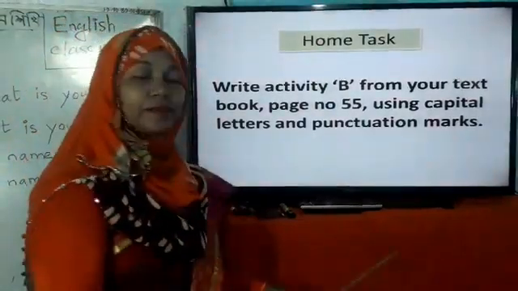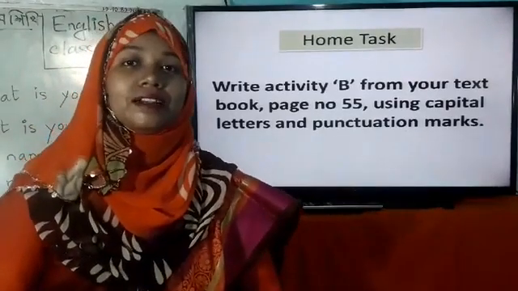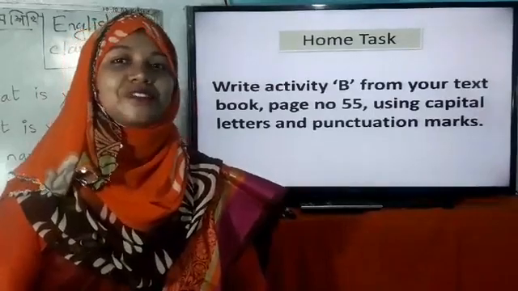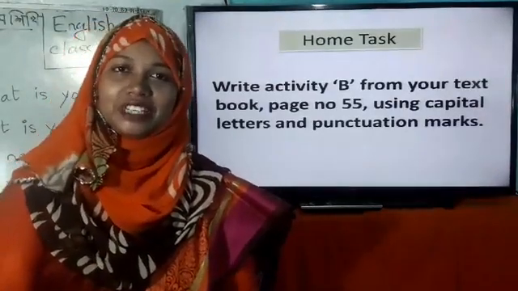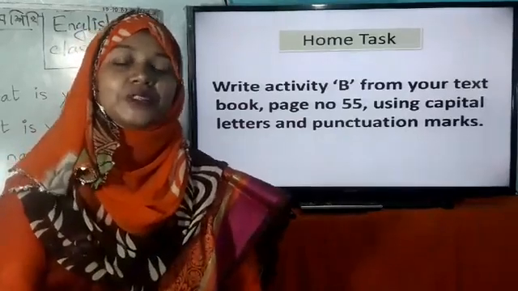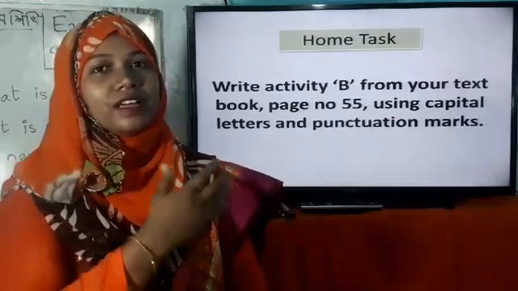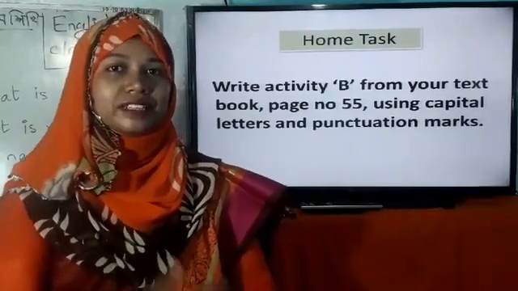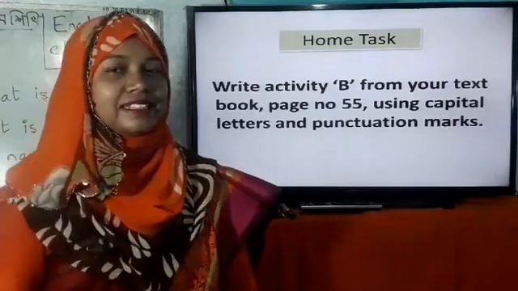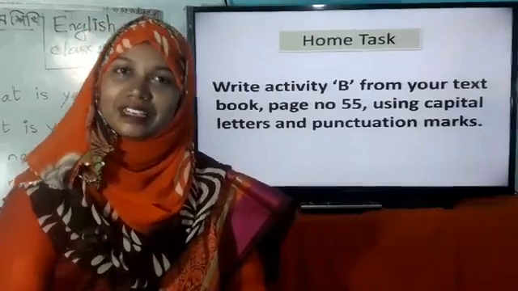So what have we learned today? We have learned the use of capital letters, commas, question marks, full stops and exclamation marks. And I think you have understood my today's session, and this is the ending session of punctuation marks and using capital letters. And dear learners, please read this passage again, read the dialogue again, do the homework at your home.